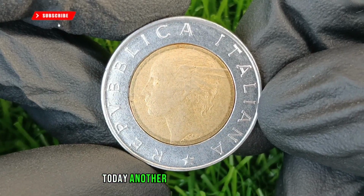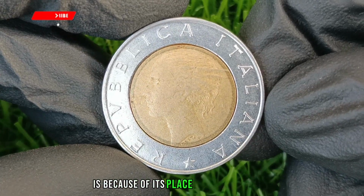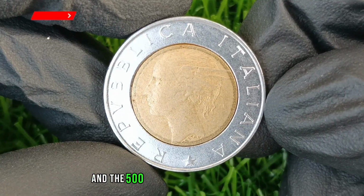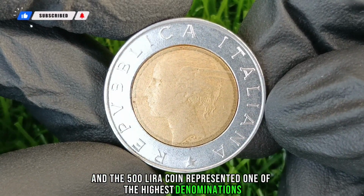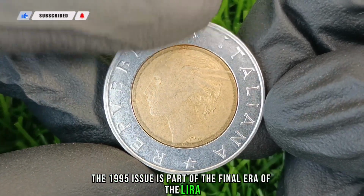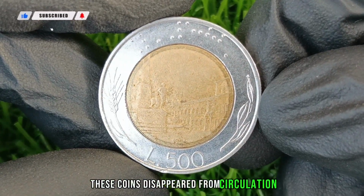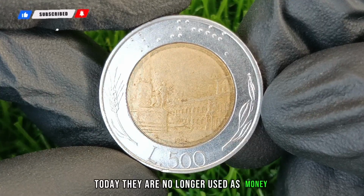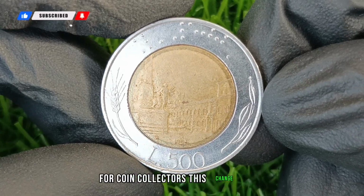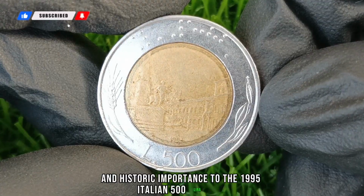valuable today. Another reason why the 1995 Italian 500 lire coin is valuable is because of its place in Italian history. The lira was Italy's national currency for centuries, and the 500 lire coin represented one of the highest denominations available in coin form. The 1995 issue is part of the final era of the lira, and once Italy adopted the euro in 2002, these coins disappeared from circulation. Today, they are no longer used as money, but are remembered as symbols of Italy's economic past. For coin collectors, this change adds nostalgic value and historic importance to the 1995 Italian 500 lire coin, making it